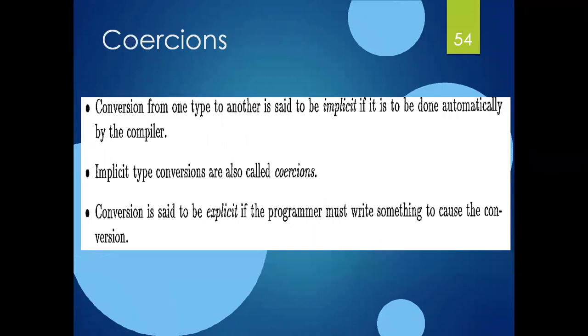And the final concept is conversion. Before knowing what coercion is, first we need to know what type conversion is. The definition of type conversion is a process of converting from one type to another type. Sometimes it is only between the basic data types. When it comes to constructed data types, we are not converting the constructed data types. So here the type conversion is for the basic types.